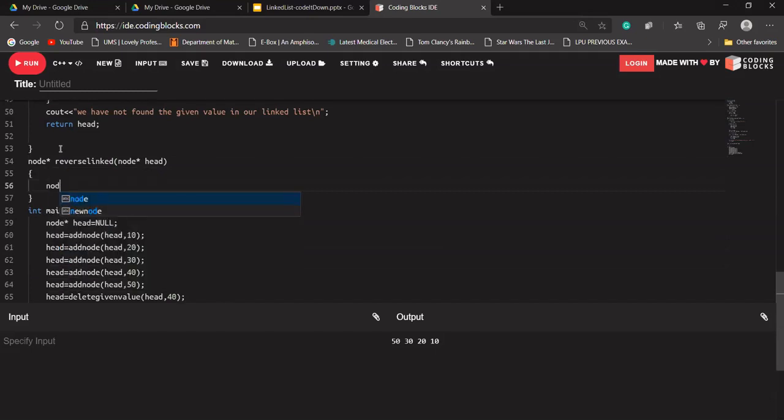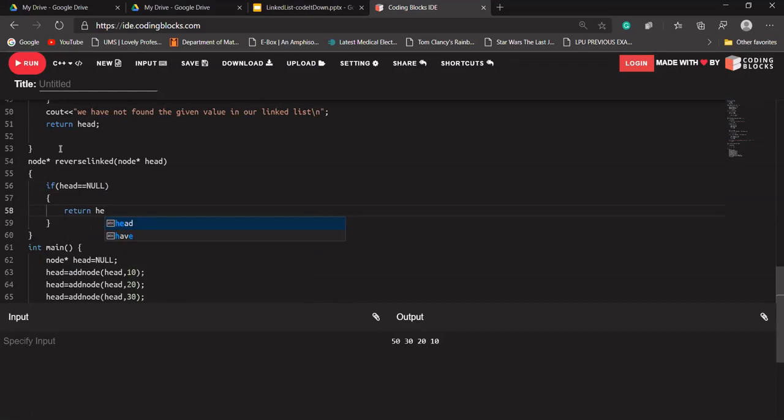So what we'll do first, we'll check if there is something in our linked list or not. If it is null, it should return that head node only. Or if there is only one data in our linked list. Suppose there is only 10 present in our linked list, and its next should be pointing to null because there is only one data. So we check whether head is equal to null or head's next is equal to null.